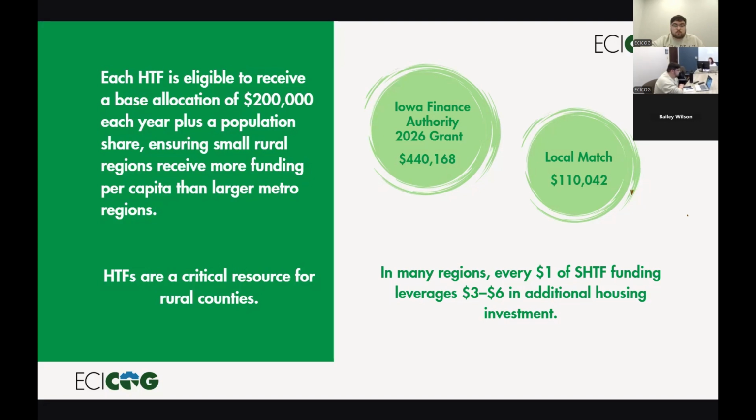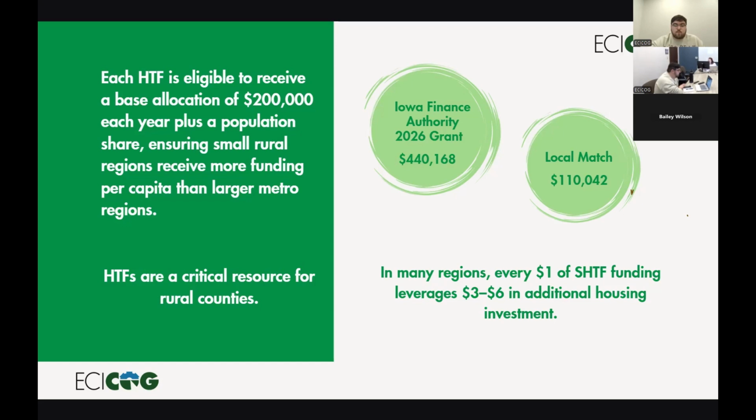I did the math, I put this to test, and this year for the funding, the East Central Iowa Housing Trust Fund received about $5 per person in our region. And in Johnson County and in Linn County, they received $2.78 and $3 per person. So that funding allocation works.